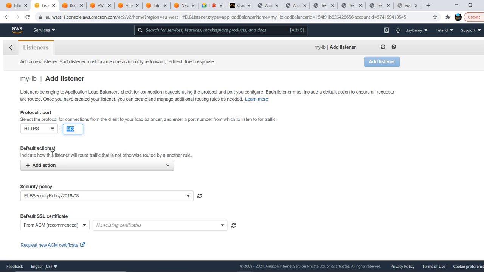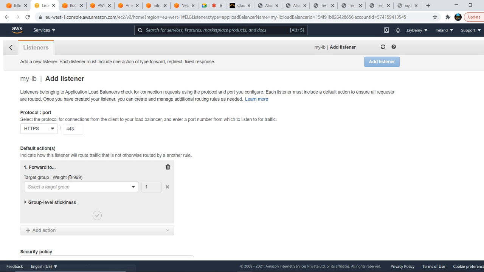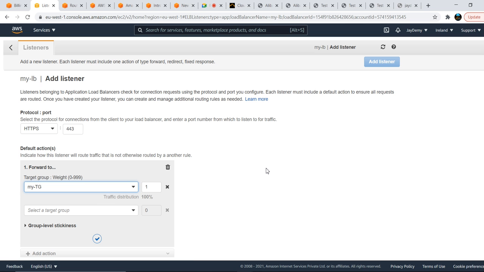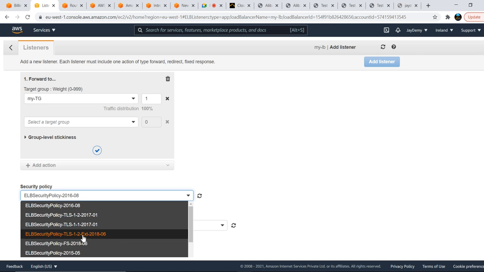Now for the default action, if you want to forward to any target group, then give the target group. The same target group you can choose, and for security policy, take any one of the security policies.